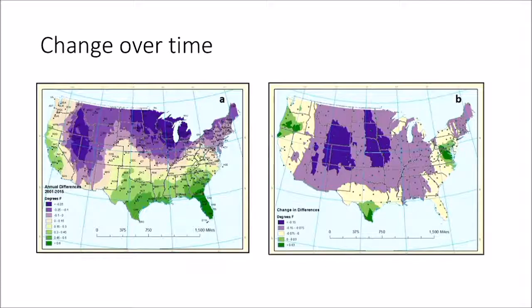And this is just the difference between the two time periods, 81 to 10 and 01 to 15, on the right here. And we clearly see some places are seeing an increase in overestimation, so along the west coast here, Texas, part of the mid-Atlantic. But the broadest thing going on here is over the central US, the Great Plains, where you have a negative difference, or a flip towards underestimation, in many of these places.